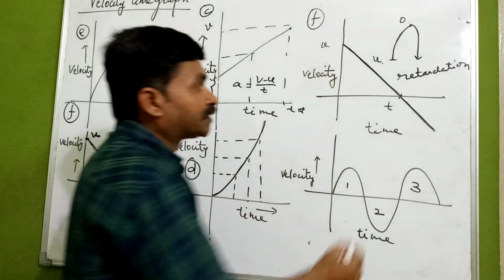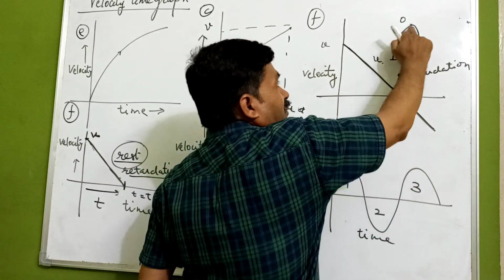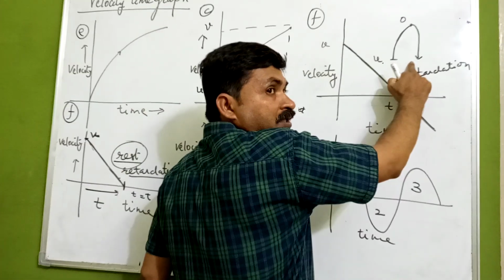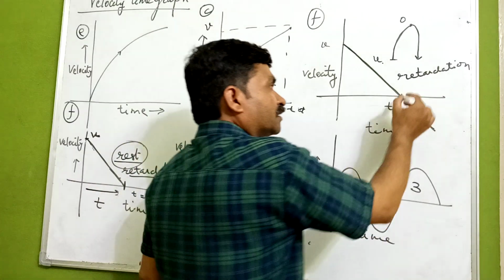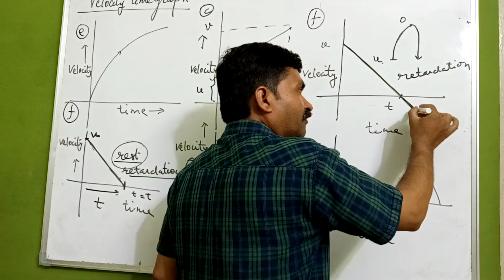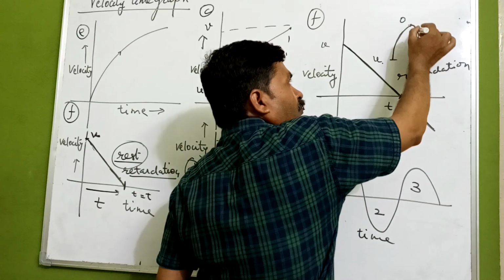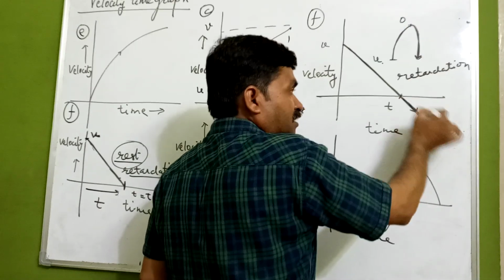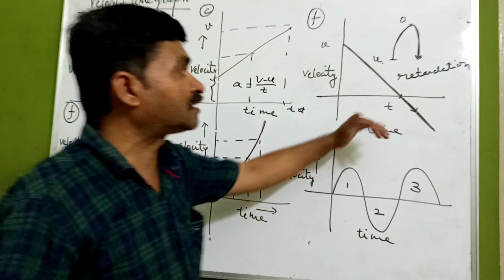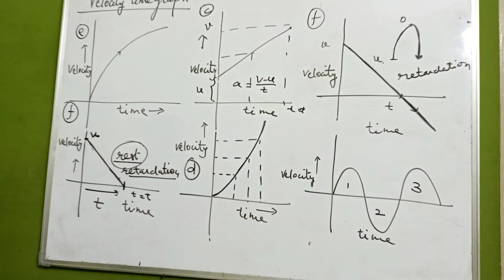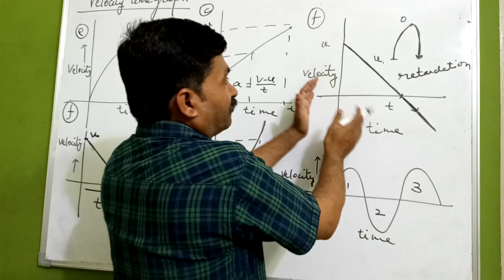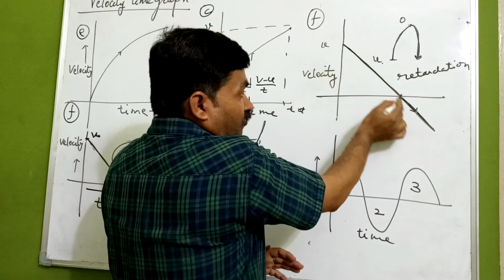Now after that retardation, the object has come to rest and it is coming back towards ground, and when it is coming back towards ground, what is happening? There is an increment in the velocity from 0 to coming to this. Means this is going to give the acceleration again. Okay. So this is the representation of velocity time graph in which what we are getting.